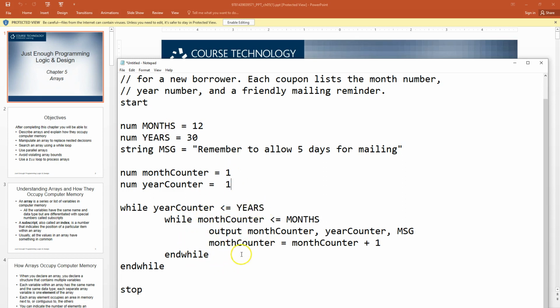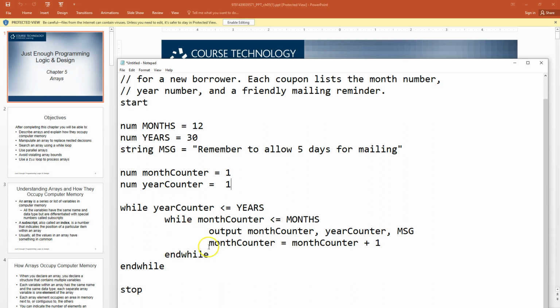The inside loop runs 12 months. It exits out, and we start this while loop again. Right now, this would run forever on whatever year we started,